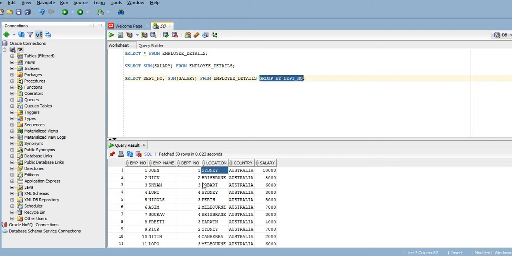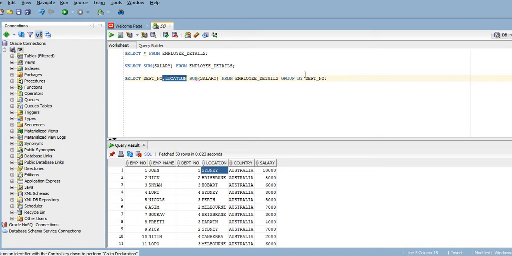Just to show you as an example: if I select the data of location, then the same column name should be used at the time of grouping up the query.